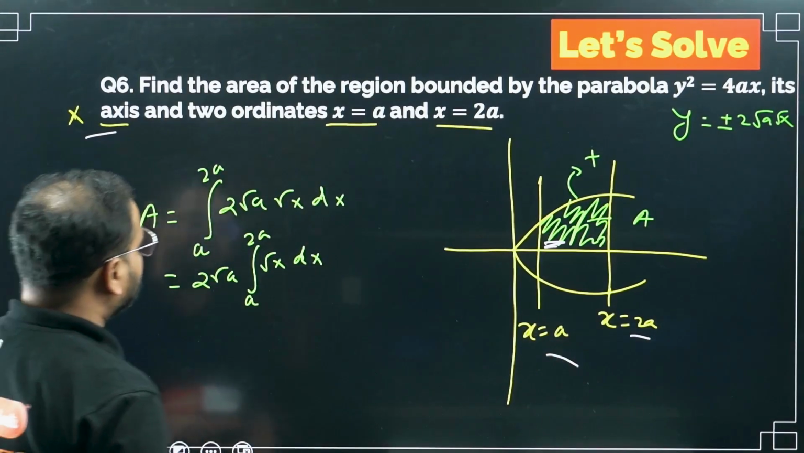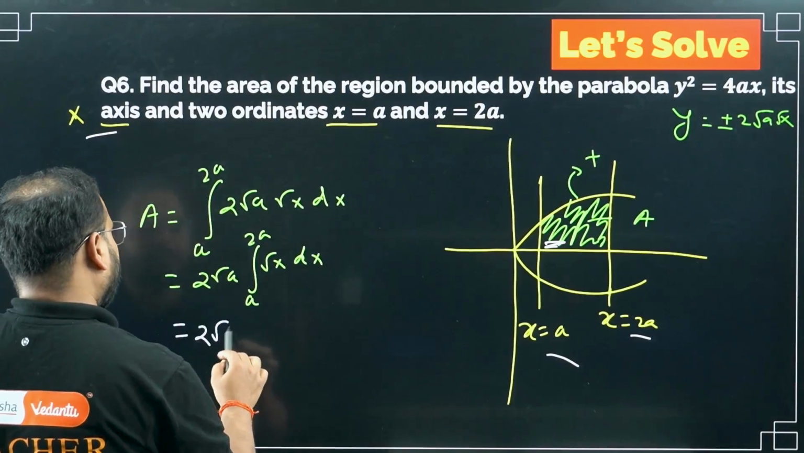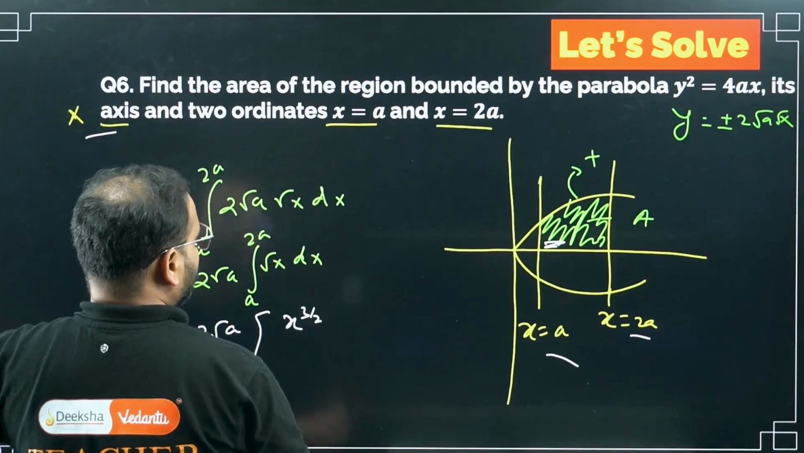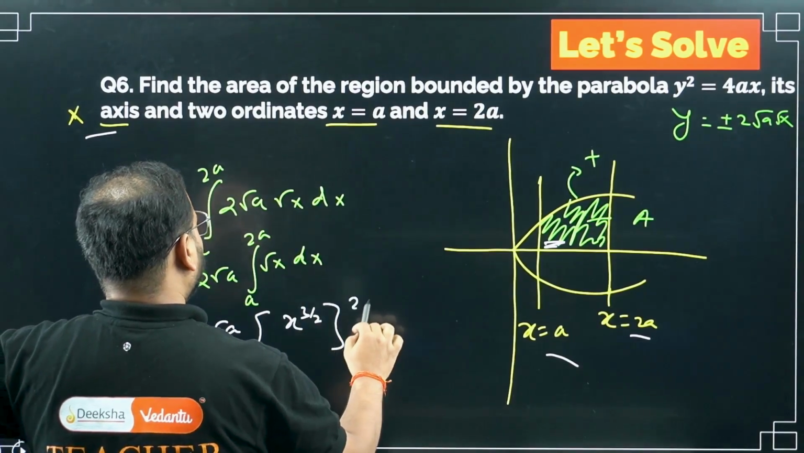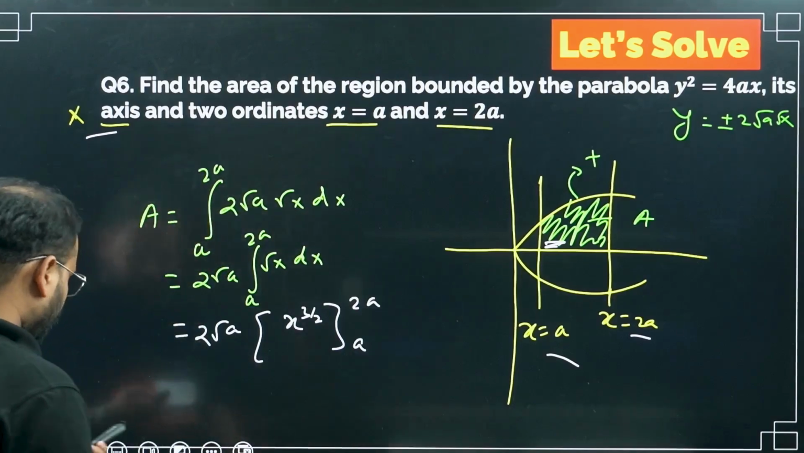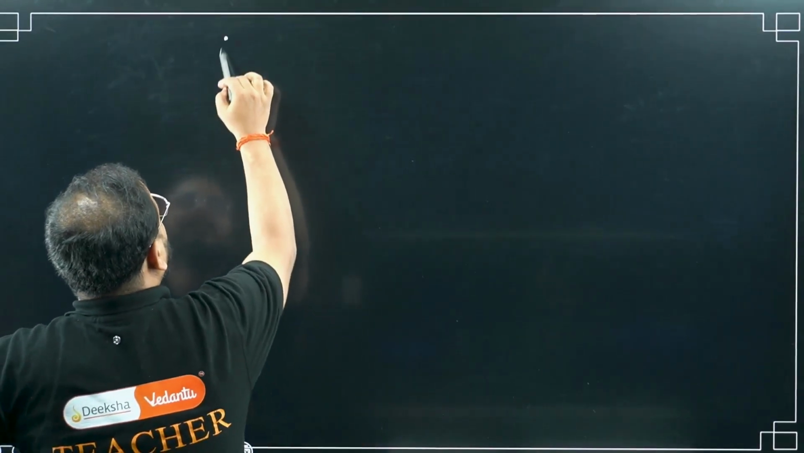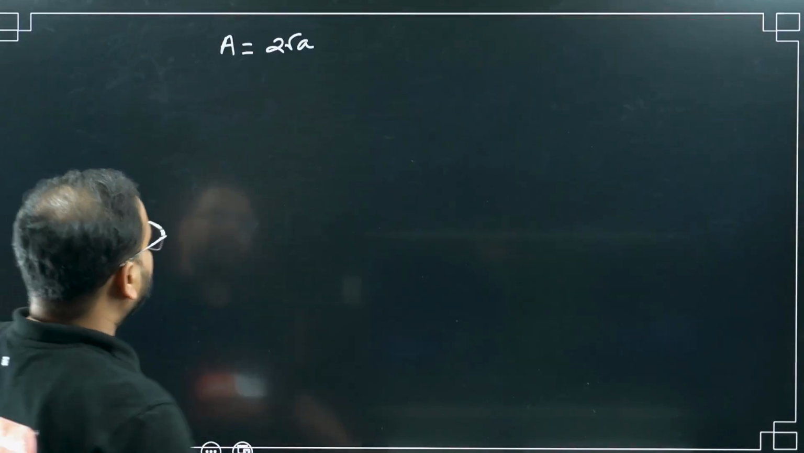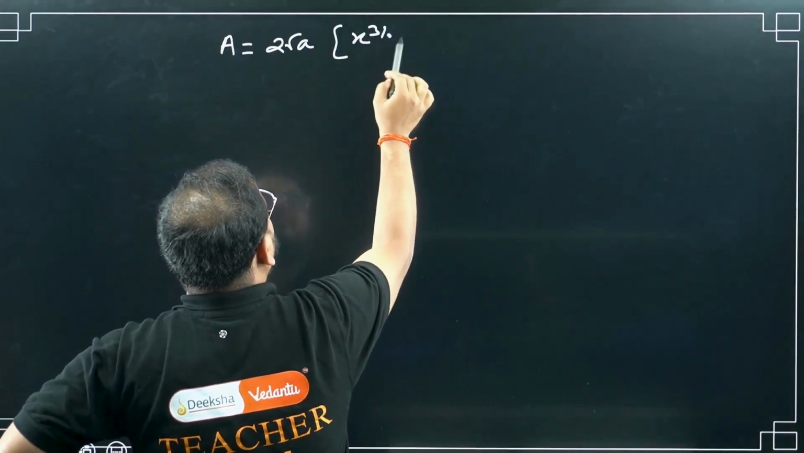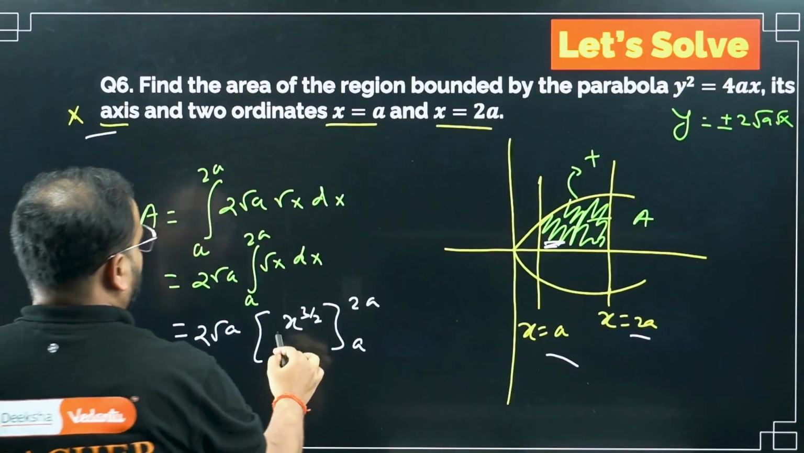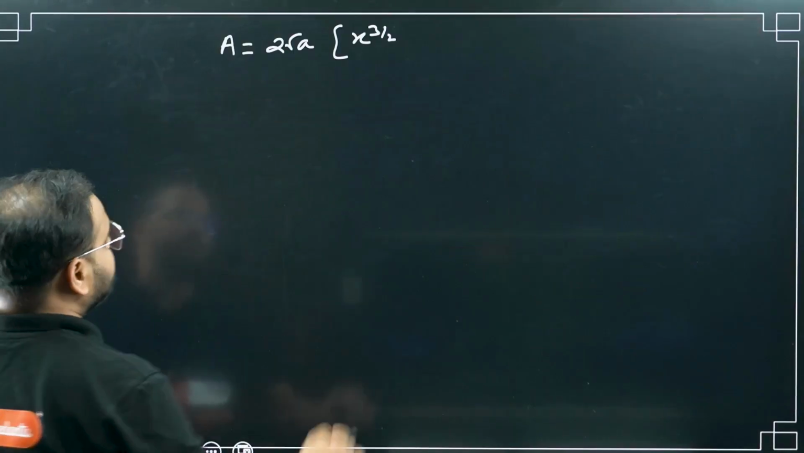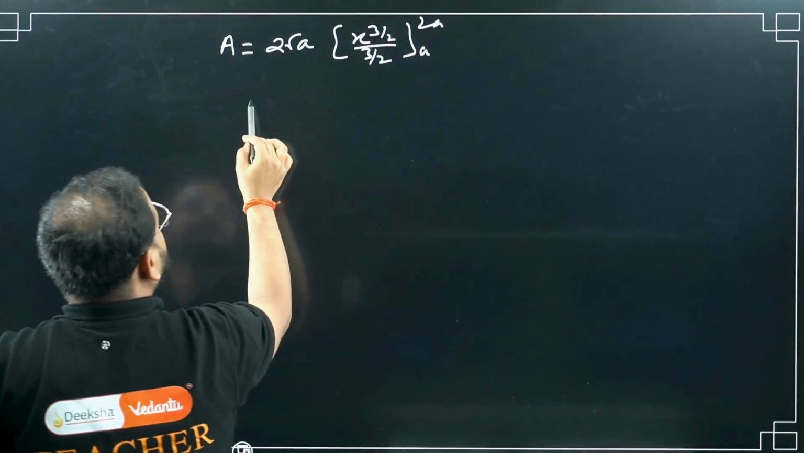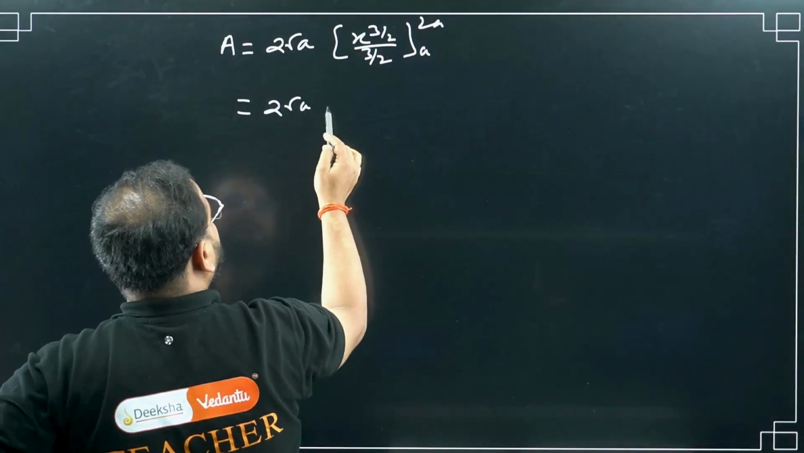Chaliye, let's do the integration now. So 2 root a, the constant part, and the integral is going to be x power 3 by 2 from a to 2a. Now have a look. My area will be given by 2 root a, the constant outside. I forgot to write that: upon 3 by 2, from a to 2a. I'm going to get this as